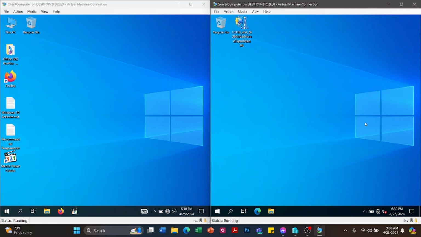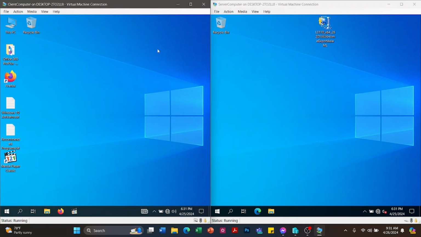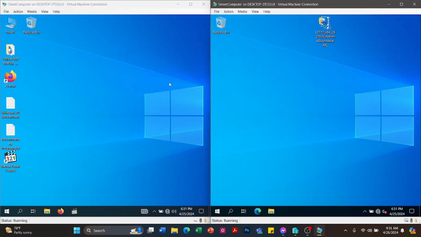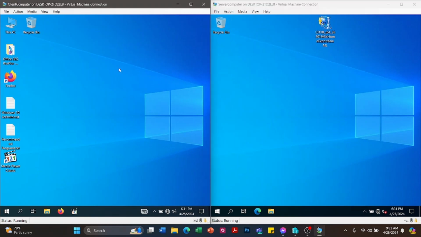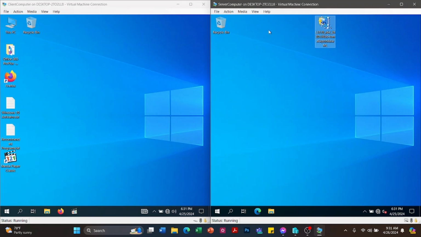Okay, so after the remote desktop, we're going to share a printer of the server computer. Meaning we're going to install a printer's driver to the server computer so that the client computers that are connected within the domain name Ginebra.local can print to the server computer's printer. So we're going to share the printer within the network domain Ginebra.local.